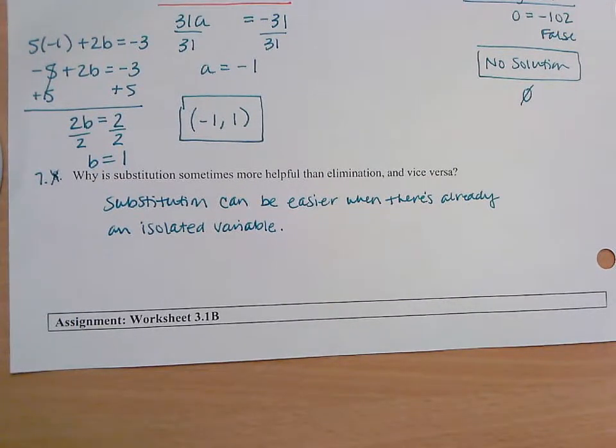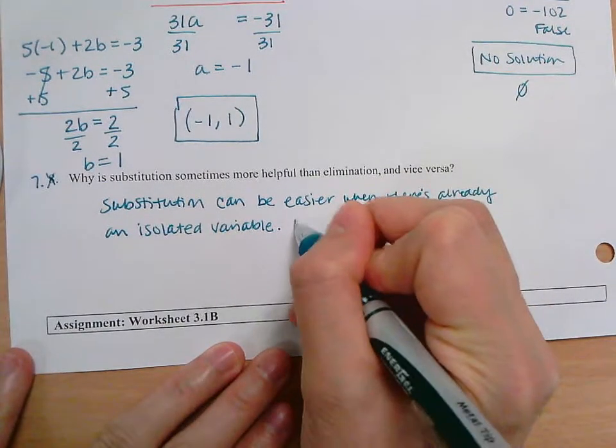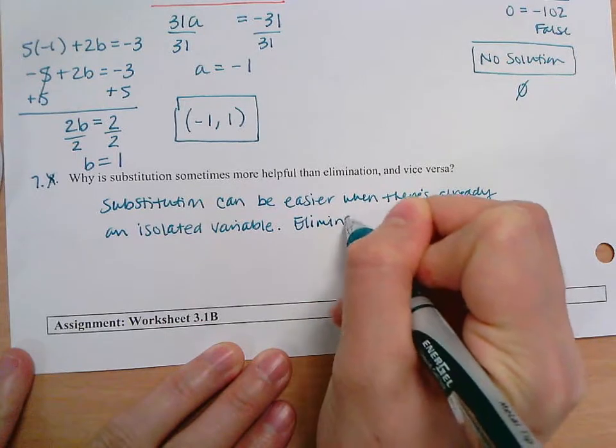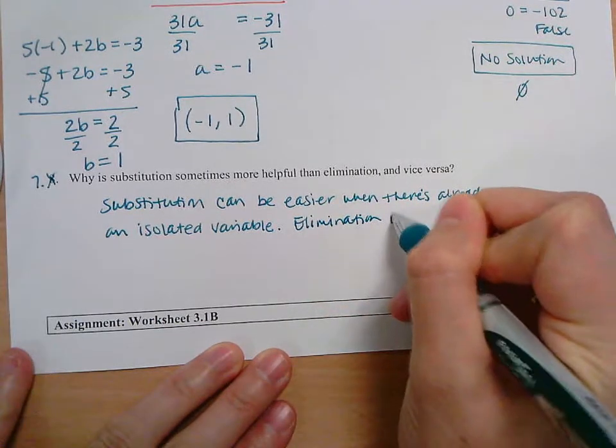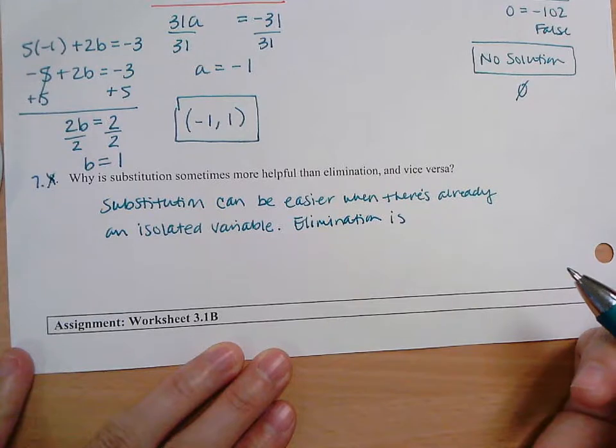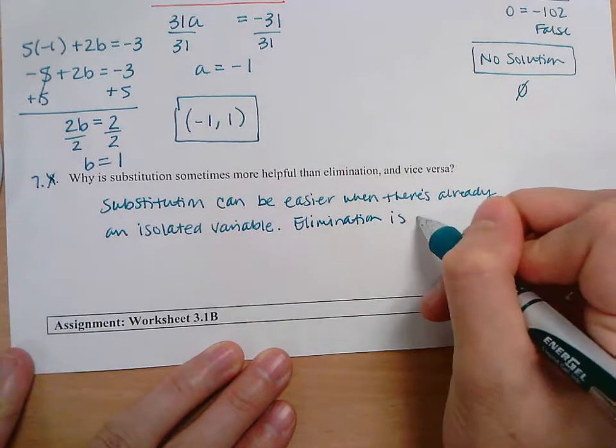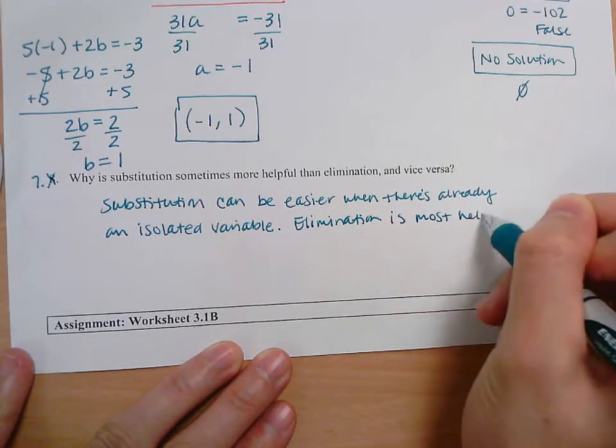And then think about when would elimination be the most helpful? What would you look for for elimination, Braxton? Are equal, or I would even say opposite, so they would easily cancel. Yes, so elimination is, I'll say most helpful